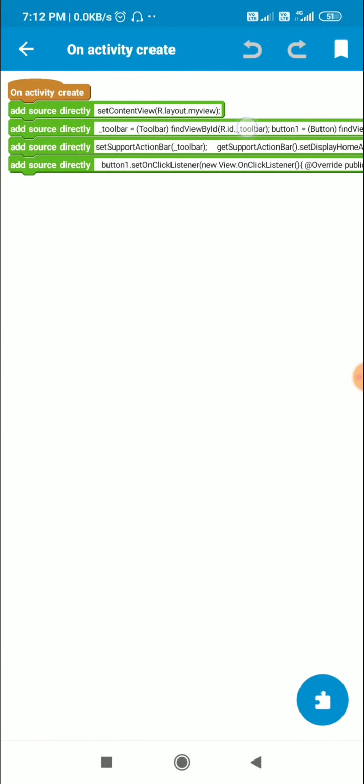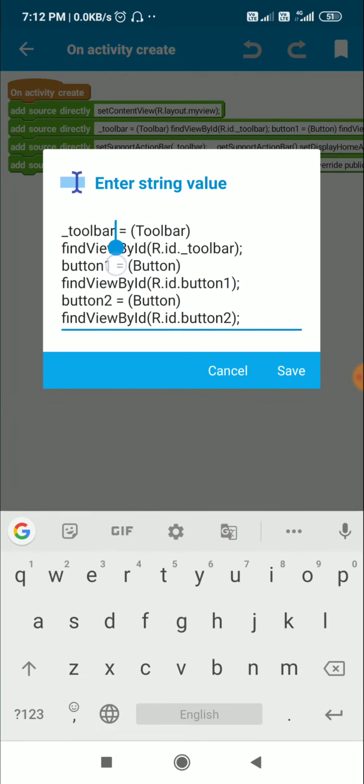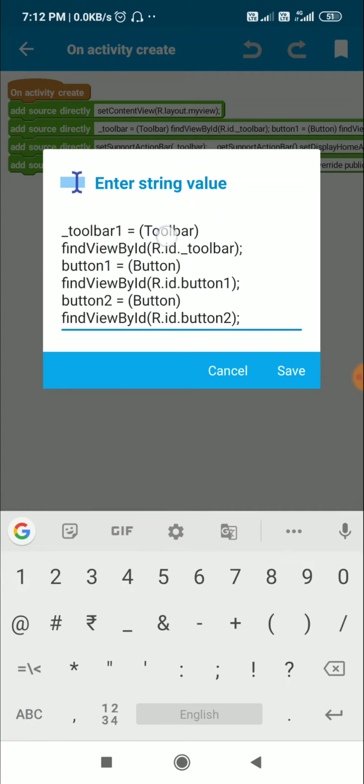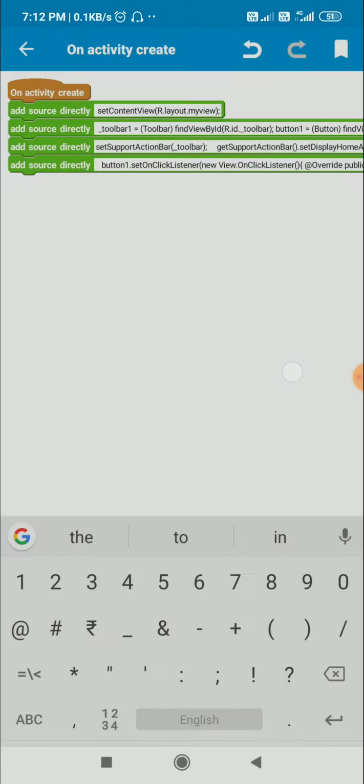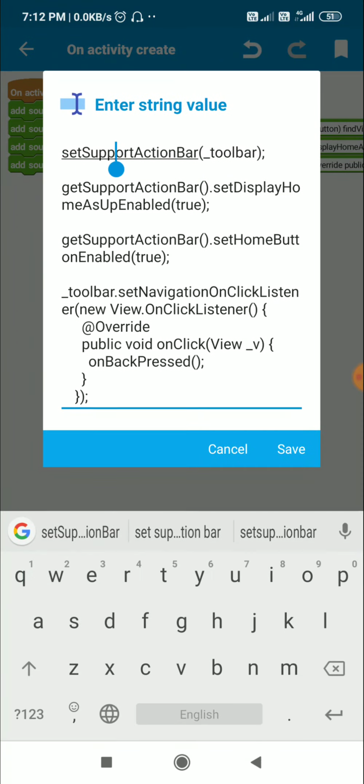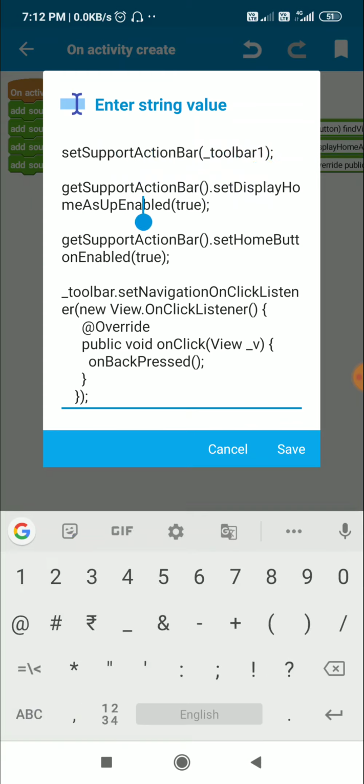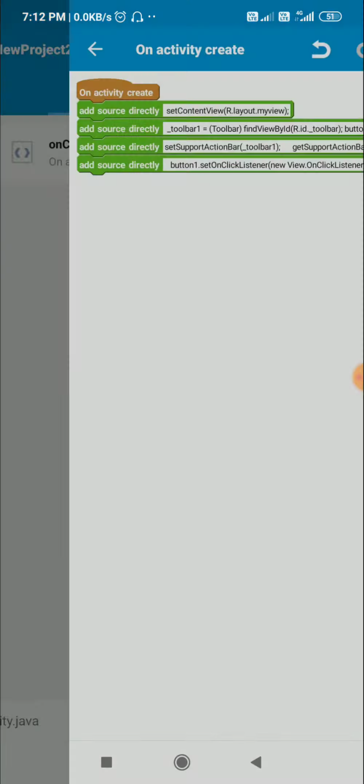And in onCreate also, here it will be _toolbar1 is equal to toolbar findViewById R.id._toolbar. This I have not changed because in the XML file it is _toolbar. Now after this, setSupportActionBar _toolbar1. Okay, after that is _toolbar1.setNavigationOnClickListener. Okay, that's all. Now let's check this again.